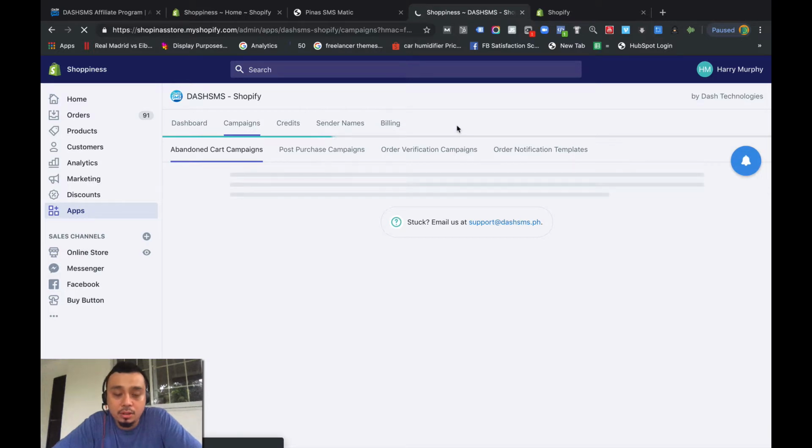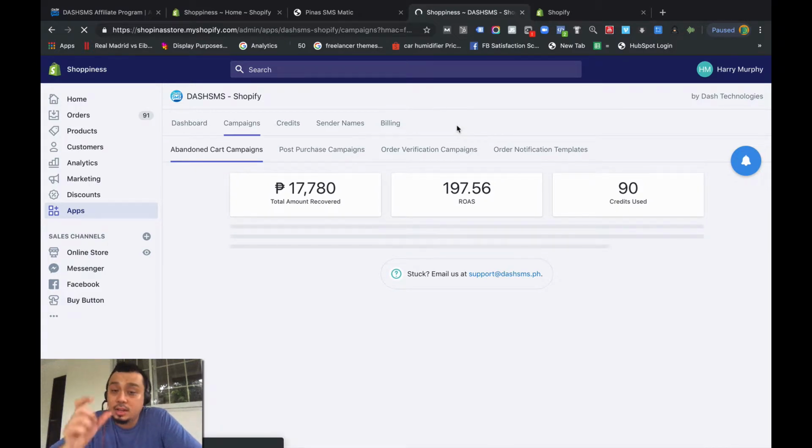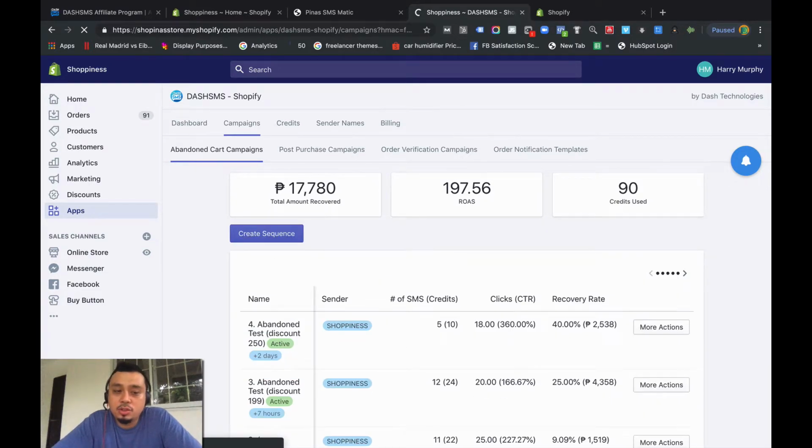The variables in abandoned carts are very, very simple. There's not a whole lot there. First name, last name, you got the checkout URL, you got the store name, and it's using the data from